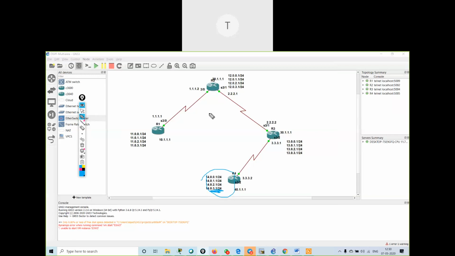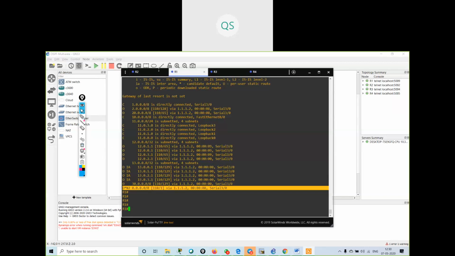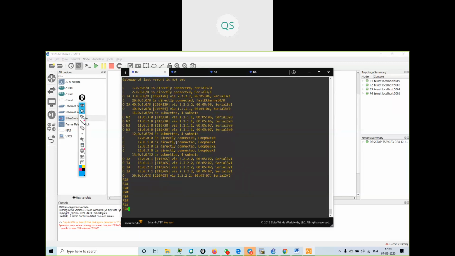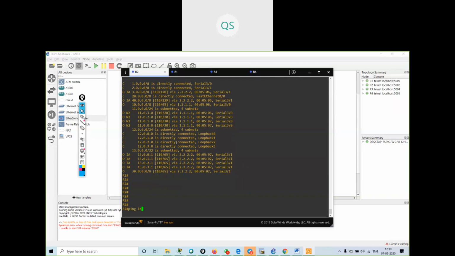Over here I'm not getting the 14 dot routes, because on R3 we did not do the LSA 7 to 5 conversion. LSA 5 is not converting the default route information. So if I go on R2 and try to ping my 14.0.0.1,